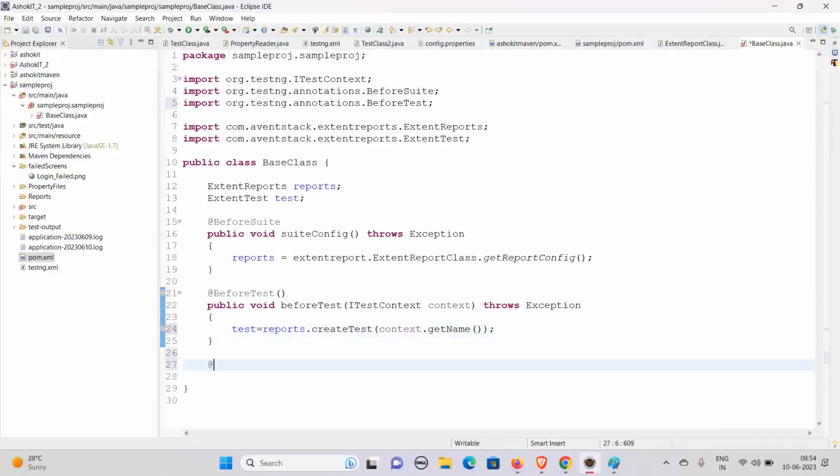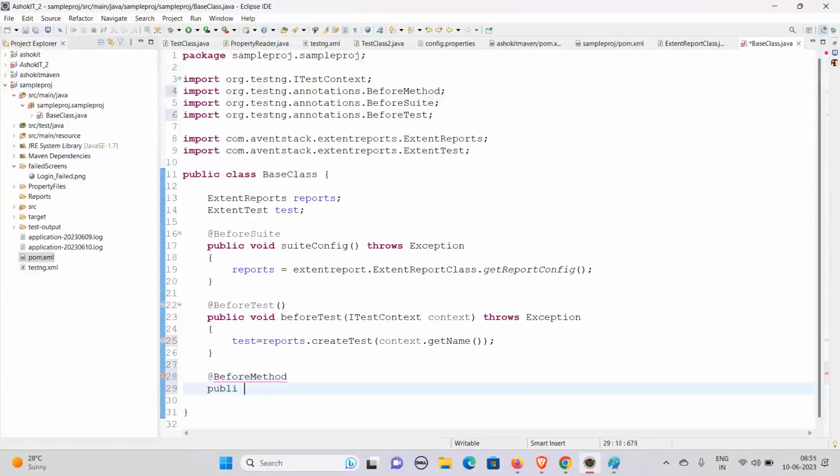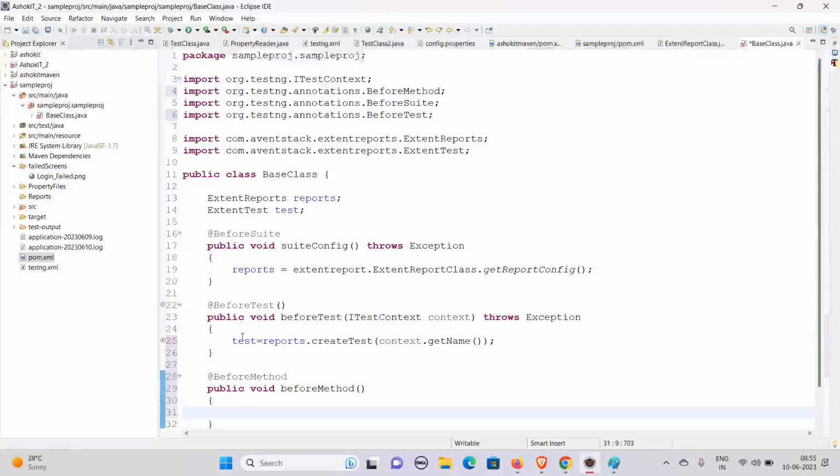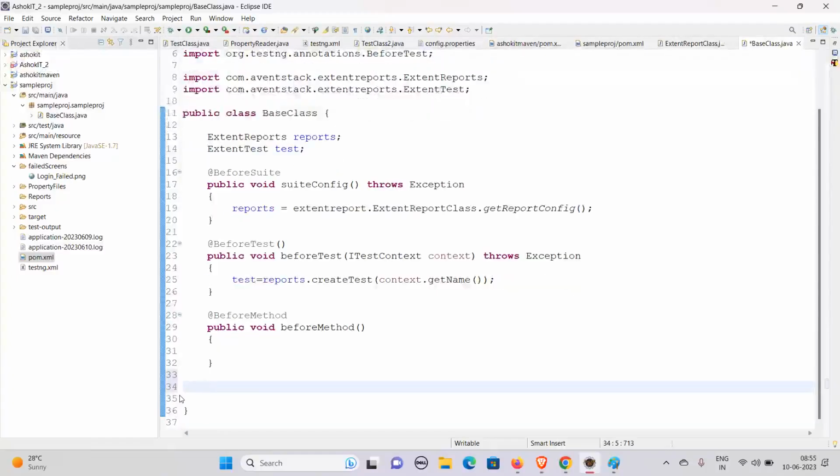Now after this, I want to use the before method. In this before method, I want to configure things like what is the result of that method. Now it's kind of like we are creating a framework. So if you want to have that log report, you can create the log report here also. But in the before method, I want to configure the